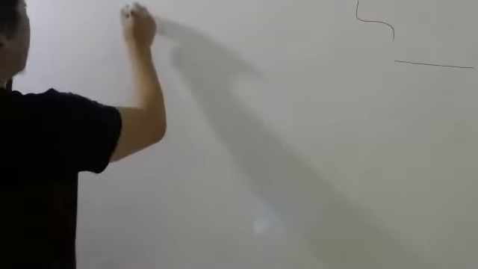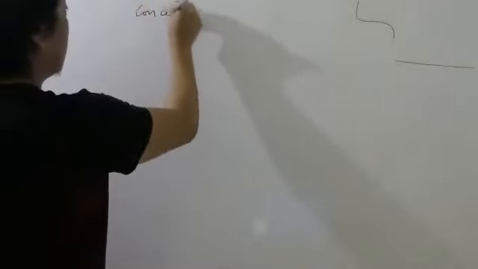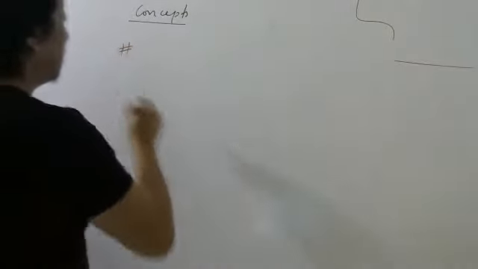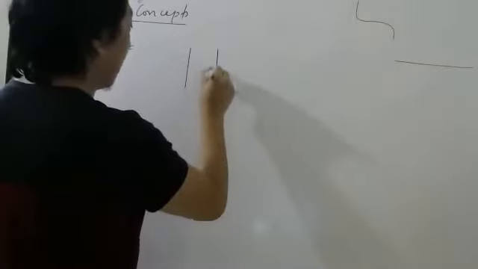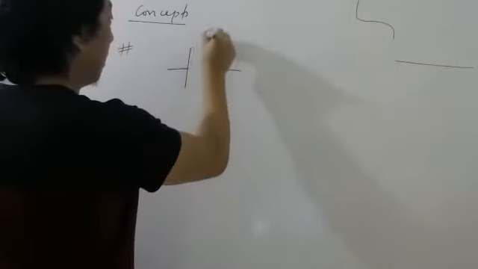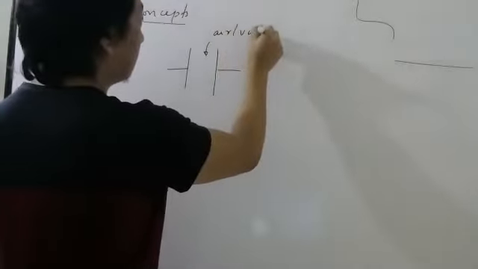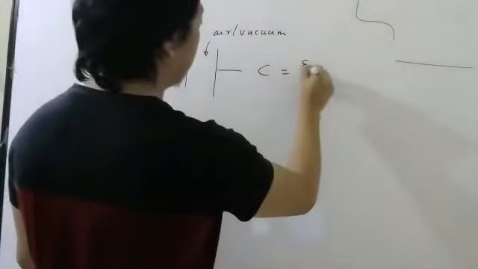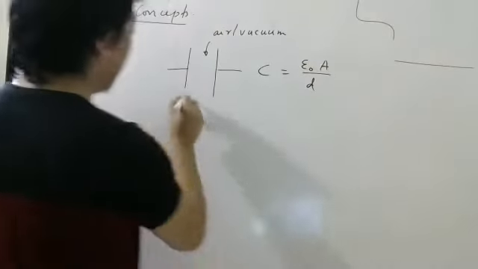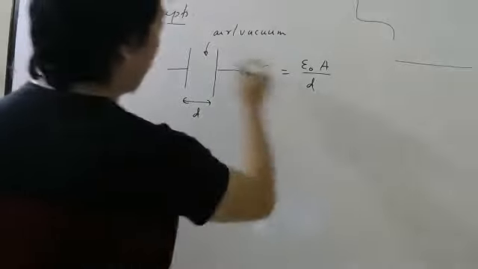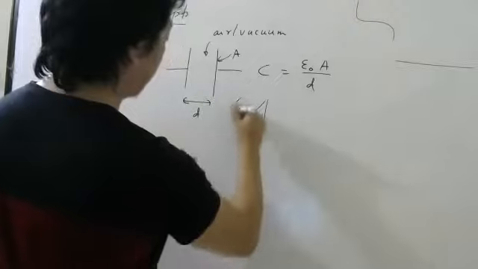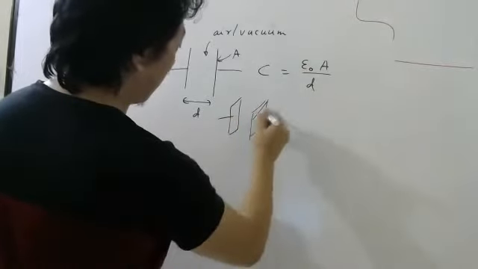Now I'm going to do some very important concepts which will help you to get better marks in the next PTE. So concentrate. Suppose I have a capacitor like this, and here I have air or vacuum. Then how do I write capacitance? Very simple, epsilon naught A by D. D is the distance between the plates. A is this area. Actually it is a plate, so A means this area.